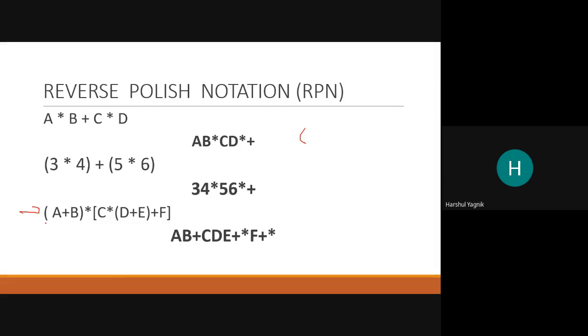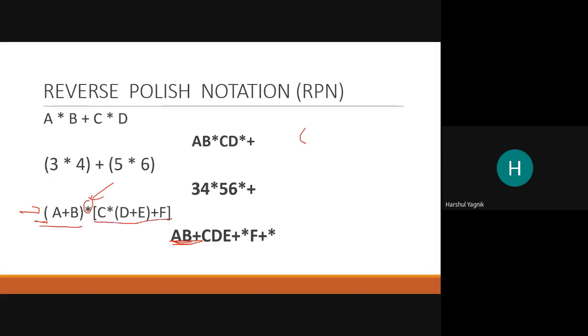Okay. So how will the machine convert this expression into reverse Polish notation? Starting from the left, we find a parenthesis. So the component inside the parenthesis has to be executed. So A and B are the operands followed by the operator. So that is done. Then there is a multiplication. But what is the logic of reverse Polish? First, there have to be operands and then the multiplication. So this multiplication will not be done yet.